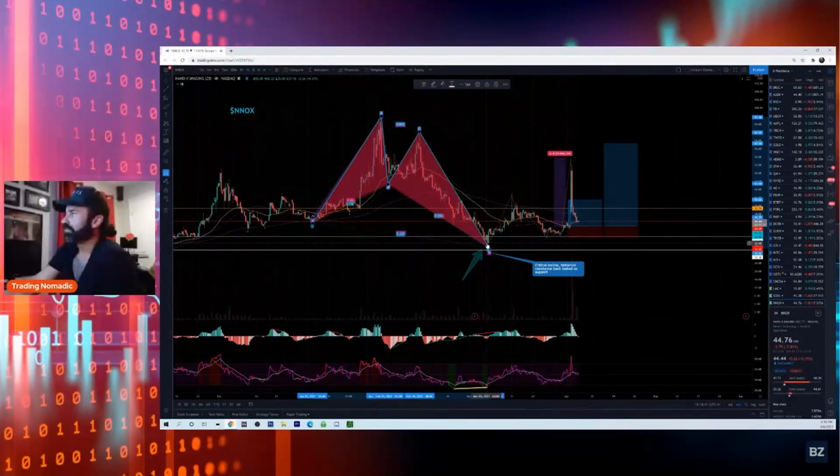Your other target would be your A. So if I was looking for a higher target, I'm not saying it's going to go up to the second target, but if I was looking for a higher target on PHUN, it would be up here at about 308. That's where it should be. When I pinpoint targets on XABCD patterns or harmonics or what,